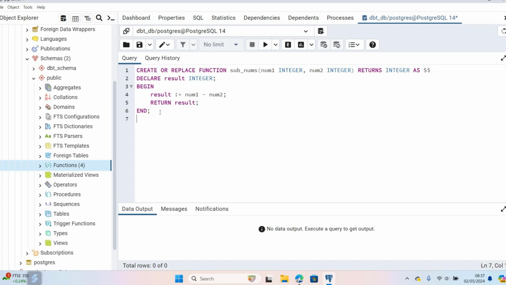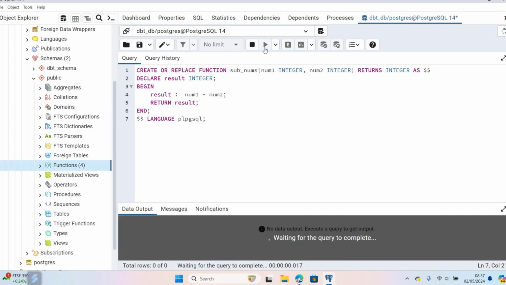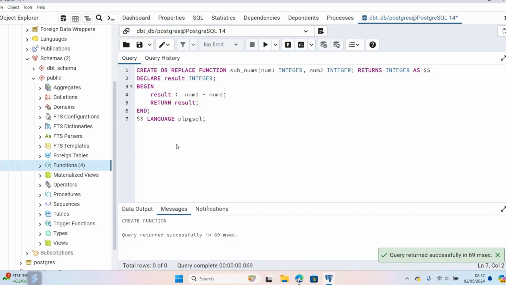So to specify the end of the function, you have to put the $ sign here and specify the language of this function as plpgsql. Now we can run this function. So it's successful. To verify, we can say select. So we call this function, we invoke it by saying sub